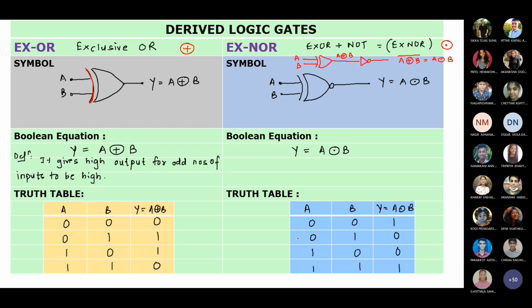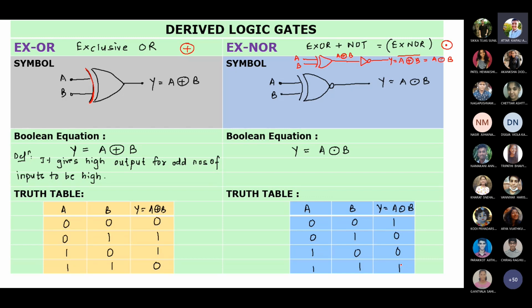So A dot and a circle B becomes the Boolean expression of XNOR. It can also be A plus and a circle B the whole bar. Now it will be opposite of XOR. So XOR is giving you output as 0, 1, 1, 0 for the same combination of inputs. So your XNOR will give you output as 1, 0, 0, 1, opposite of XOR. Am I clear, all of you?